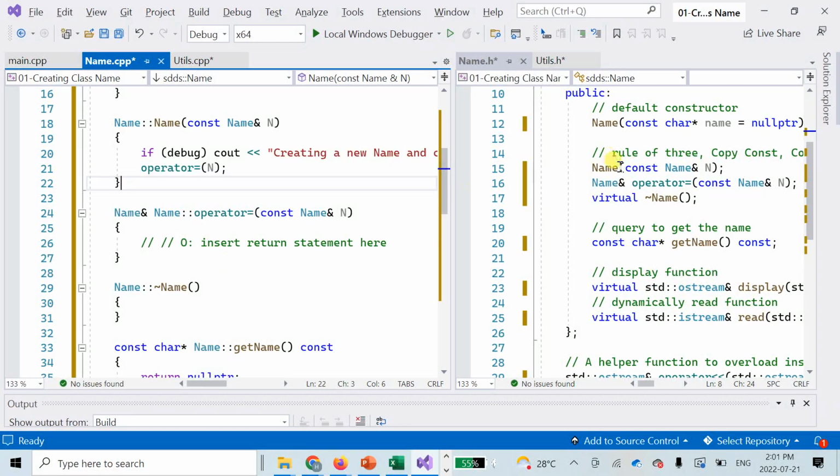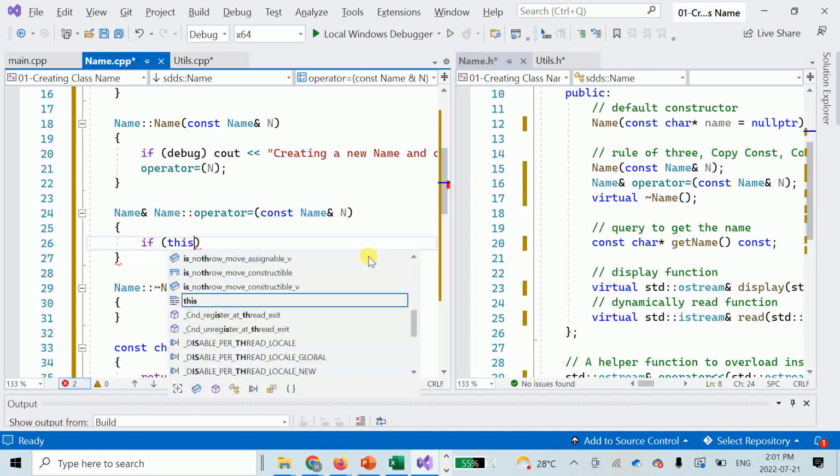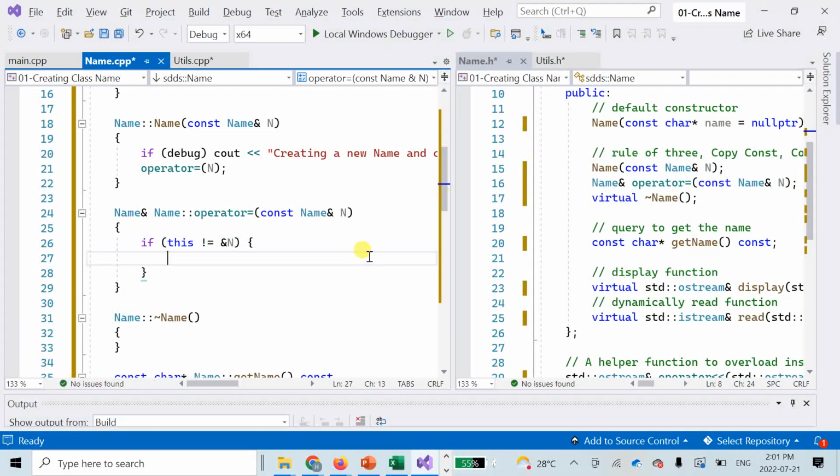Now, after that, copy assignment. For the copy assignment, the most important part that we should consider, apart from the fact that we want to prevent copying something in itself, which we check by doing this: we don't want this to be equal to the address of n. So if these things are not equal, then